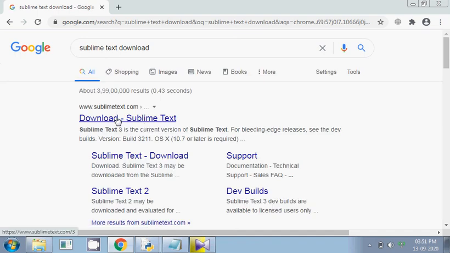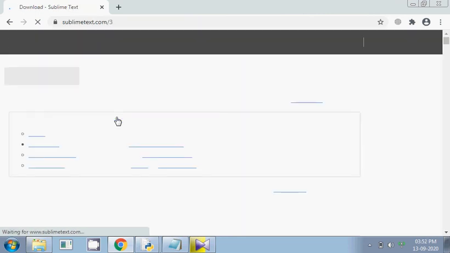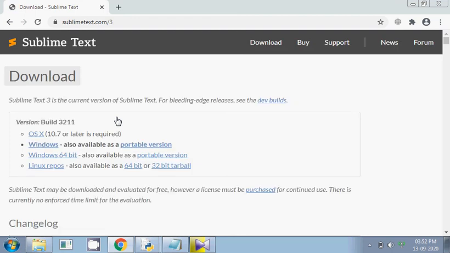So this is the first link and the official website of Sublime Text. I should see it for Windows. This is the link for Windows. It is giving a portable version as well, but I'll be installing the Windows 64 version.